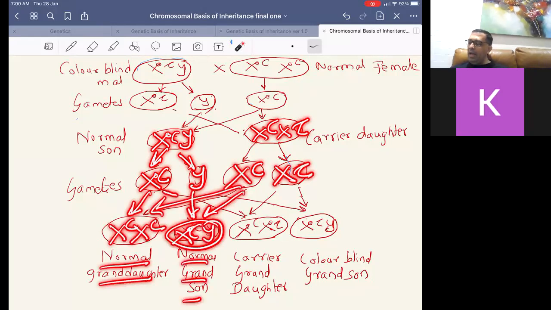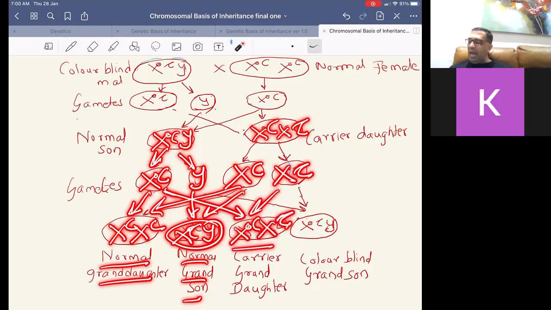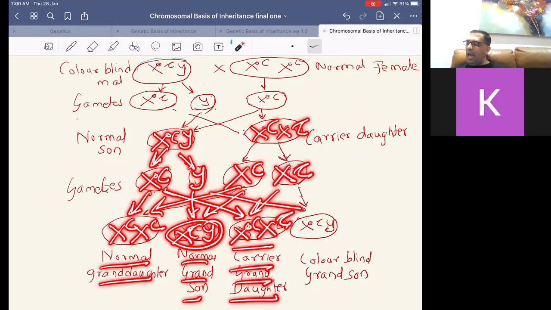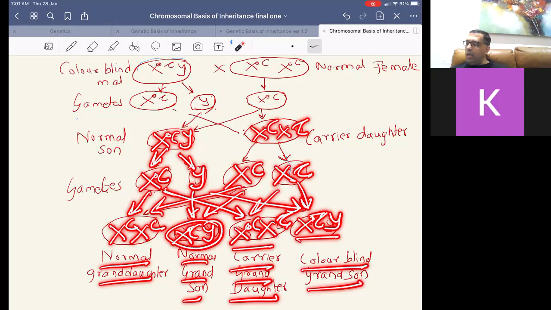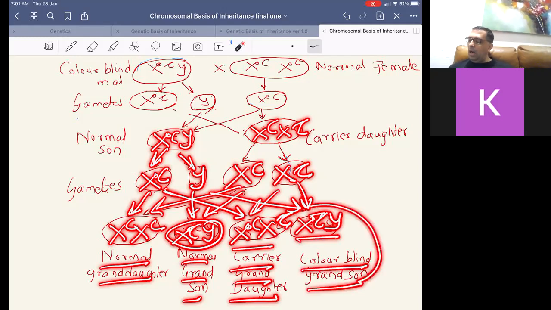And you will get X capital C and X small c, which means it will be a carrier granddaughter, and you will have X small c Y, which means it will be a colorblind grandson. So, the colorblind grandson came from the carrier daughter,